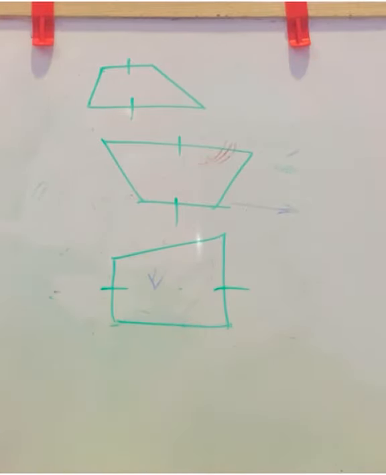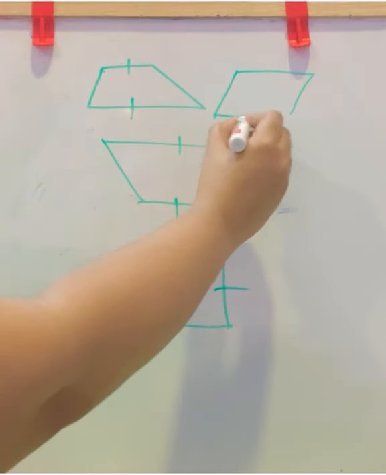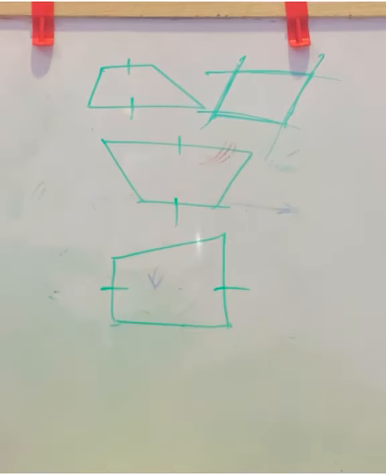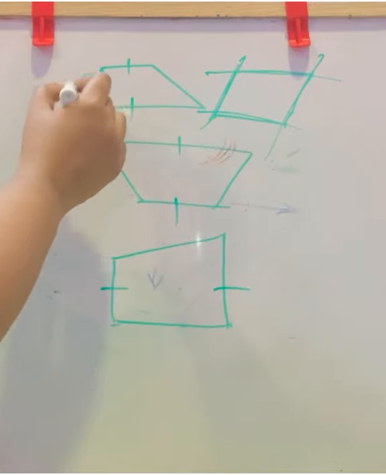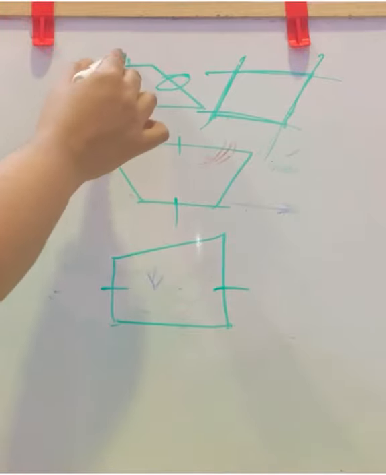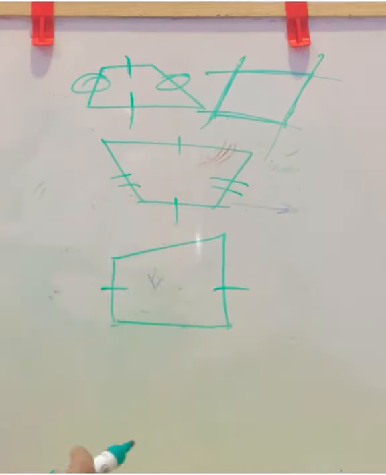Now these two pairs are parallel, so it is a trapezium. Now these two lines are parallel, also these two lines are parallel. So it is a trapezium, but we need only one single pair of parallel sides. Then we can call it as trapezium. Here these lines are not parallel, but still this is a trapezium because it has a pair of parallel lines. This line and this line are not parallel, but these two lines are parallel. So we can say it is a trapezium.